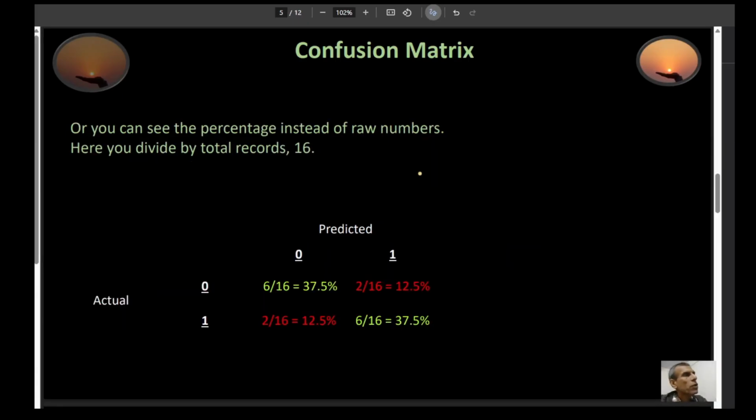Now, instead of working with the raw numbers, if you want to see the percentage, that's easy too. All you have to do is divide every single element by the total records. So in this particular case, you divide by 16 because I have total 16 records. So 6 divided by 16, 37.5%. 2 divided by 16, 12.5%. Likewise, 37.5% and